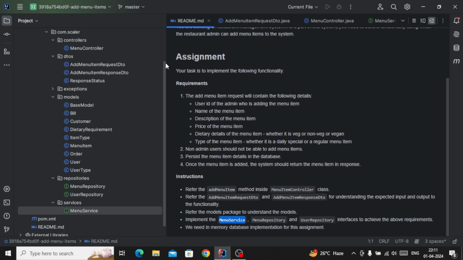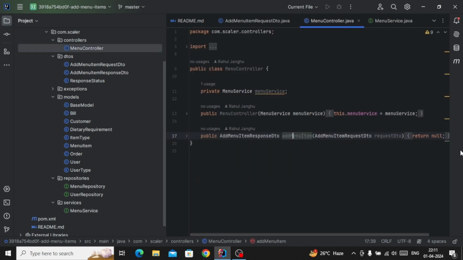In the controller, whenever we call that method from the services, we will get the menu item, and we will create an instance of the response DTO and assign two things to it. First is the feature and second is the menu item created by the service file. Then we will return that response DTO from this function. So this is the complete assignment we have to do.